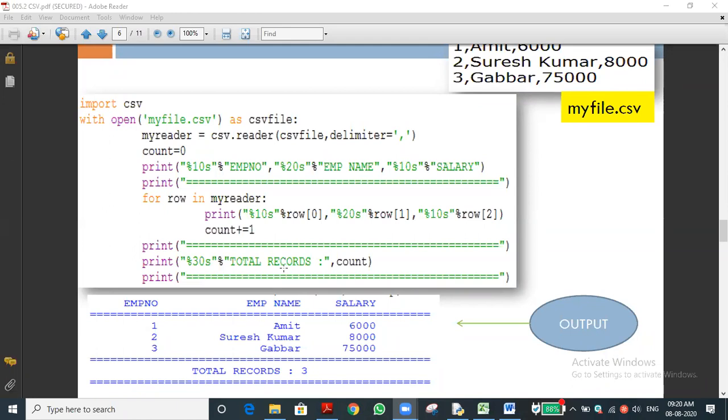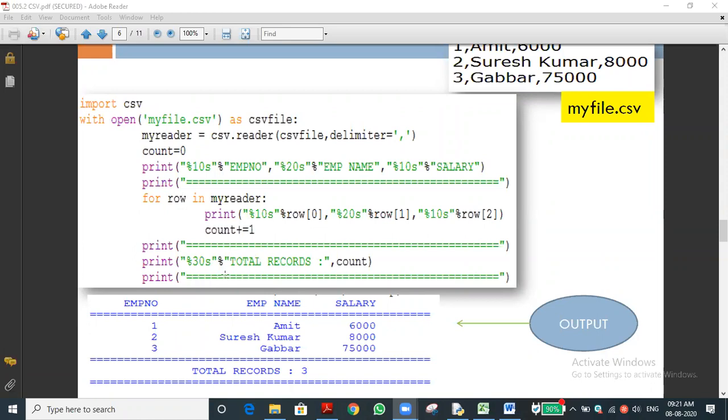Once we read all the data through the reader object, the file pointer goes to the end of the file. If we ask to read the data again, there is no data in the file, so it won't give anything. It will give empty only, not even a single space. So the loop will fail, nothing will be assigned to row, and the loop will stop executing. Have you understood?